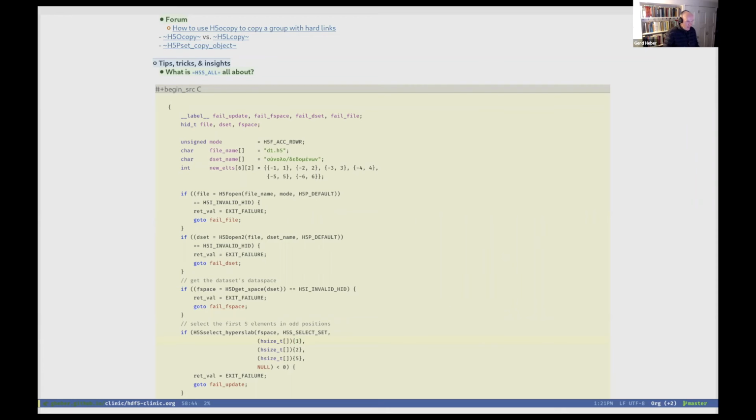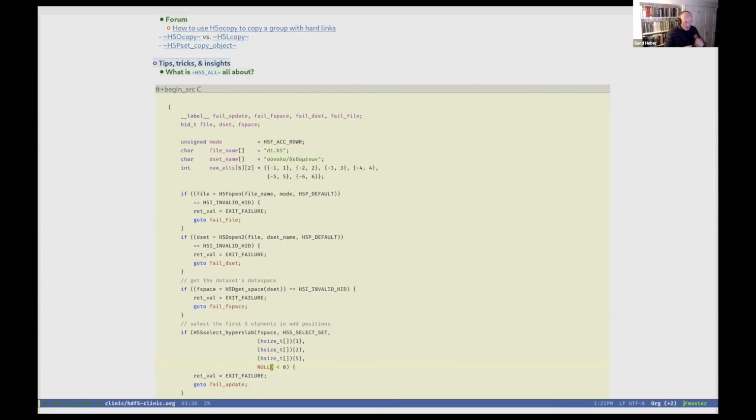And I want to select 5 elements, and I want to pick the odd positions. That's why my start is 1. So I'm not starting at 0, but at 1. The stride is going to be 2. So instead of selecting a contiguous hyperslab, I'm going to skip every other element. And I'm doing that 5 times. And the block size is 1 in this case, so it's always 1 element.